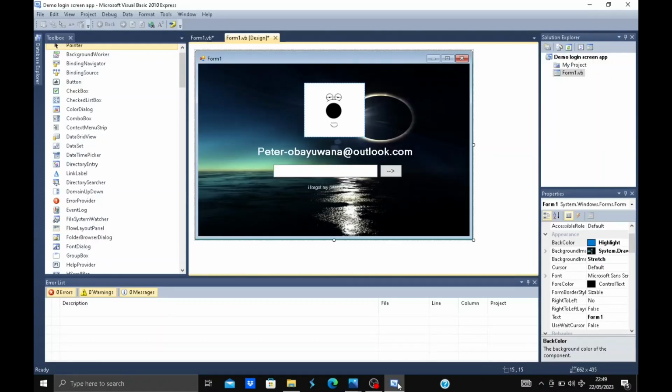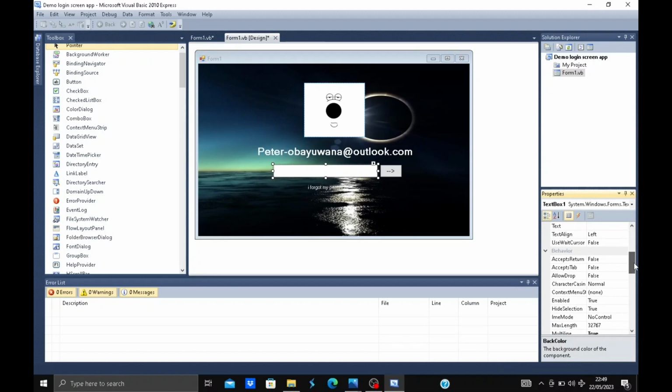like this one over here. So this is how you create a form, a login form. Then for the password, we can also change the property of the text box so that whatever we enter appears as a password,